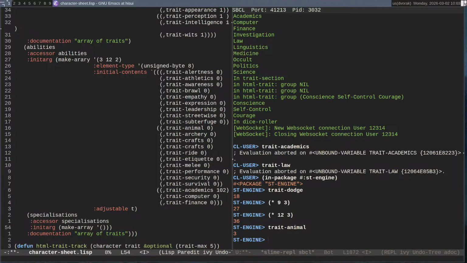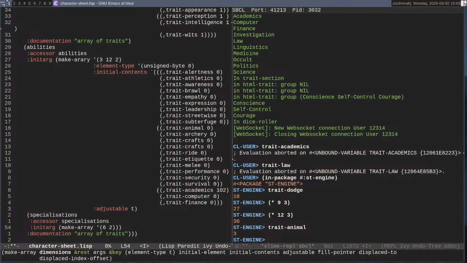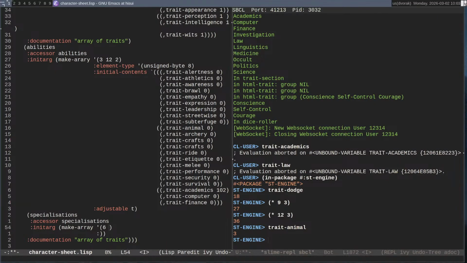I think it is going to be 6-2. I don't think it's going to be 6-2. No. Oh, maybe it is going to be 6-2. No, it's got to be larger. It's got to be like 6, 1, 2, 3, 4, 6, 4.